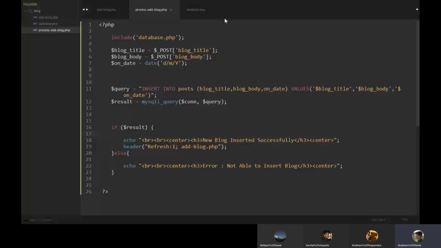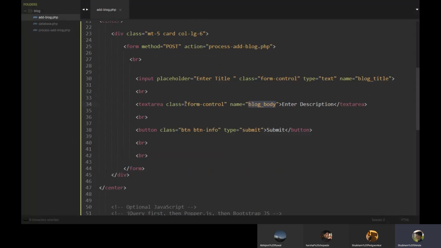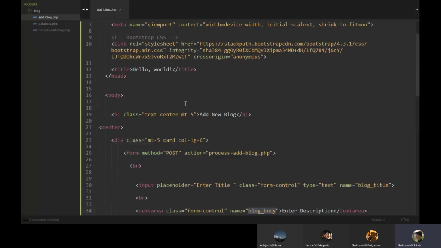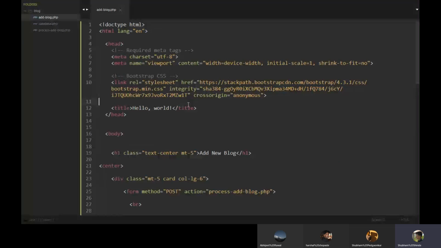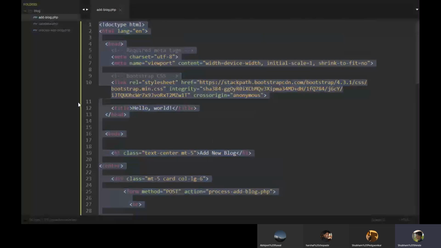So let's jump to our code. These are our three files: one for adding a blog, one for processing that add blog, and the database. For now let's close the database and the process file. We'll use this code, which is our starter or basic bootstrap template, for the next page to save time.